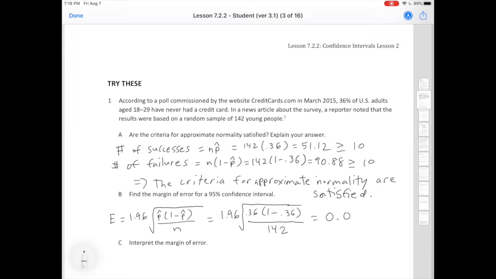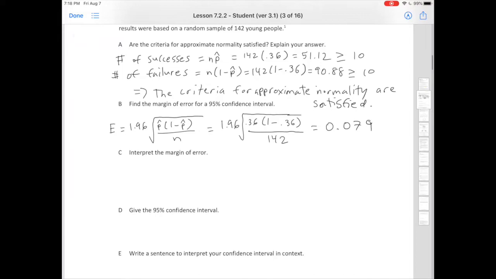Okay, so coming back here, this is equal to 0.079. So this is the margin of error. So what does this margin of error mean? It says interpret the margin of error. So this is saying 95% of all samples